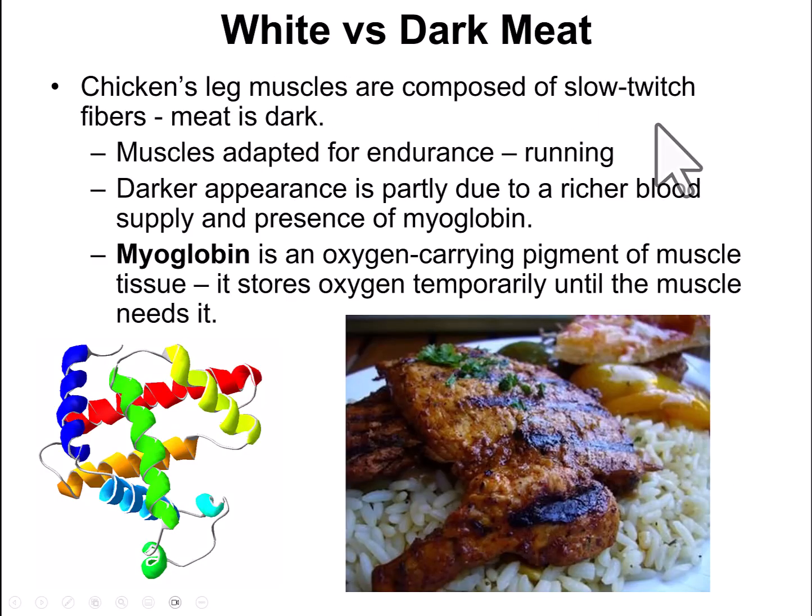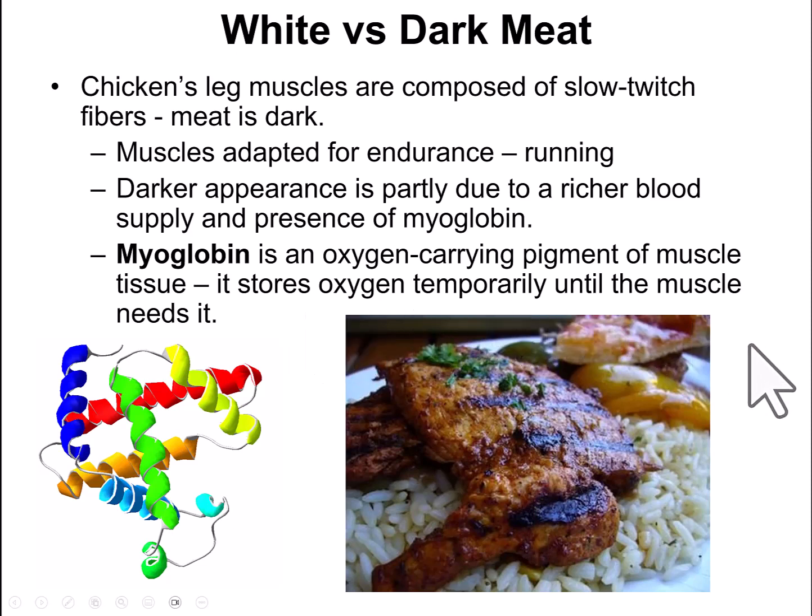However, you look at chickens and with their ability to walk, they can walk for hours and hours and hours because their leg muscles are composed of slow twitch fibers, and the meat is dark because of that. These muscles are adapted for endurance, running. Their darker appearance is partly due to richer blood supply, lots of capillaries, and the presence of myoglobin. Remember, myoglobin is that oxygen-carrying pigment of muscle tissue, and it stores oxygen temporarily until the muscle needs it for